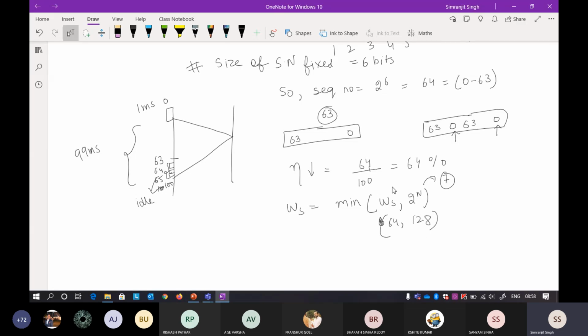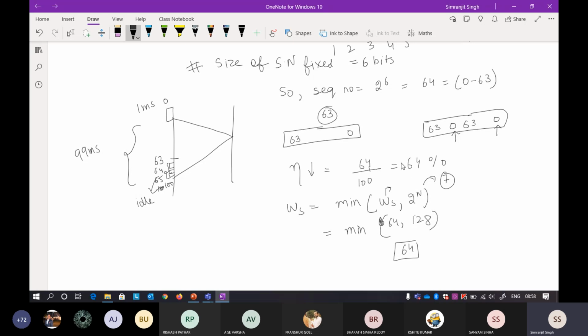Okay, so this particular window size is fixed, it will always be given to you, it is always fixed in the header. If you are using a particular protocol, this particular field is always fixed. So in this particular case, you have to use the minimum of both of these, which will be 64. You cannot use 128 because your window size cannot accommodate more than 64. So that is why I always use the 64 one.